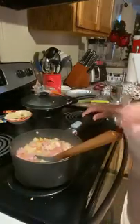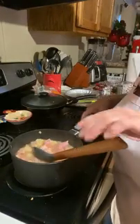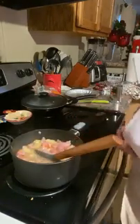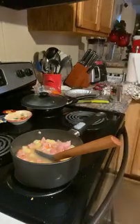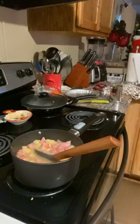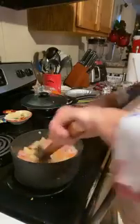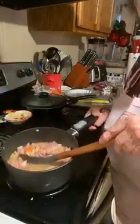Then I cut up my 3 potatoes, half an onion, a few of those carrots, and probably about a cup and a half of ham pieces. Let me get this, and then I just put enough water in here to